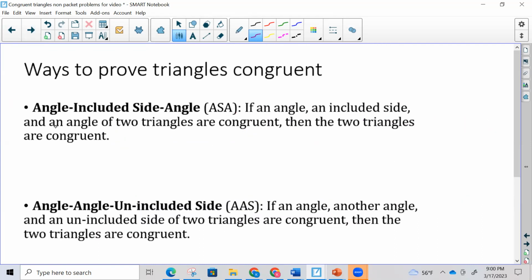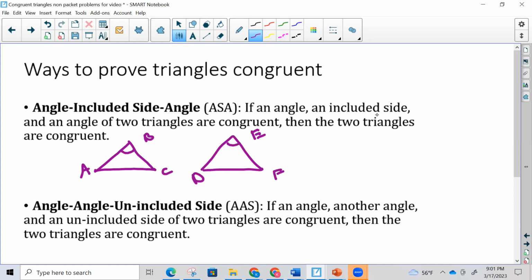The third way is angle included side angle. And we call that ASA for angle side angle. So if I have, again, 2 triangles, and if I have the following information, it's enough to prove the triangles congruent. So if I have an angle, an included side, and an angle of 2 triangles being congruent, then the 2 triangles are congruent. So if I have angle B is congruent to E, and then I have angle C congruent to D,